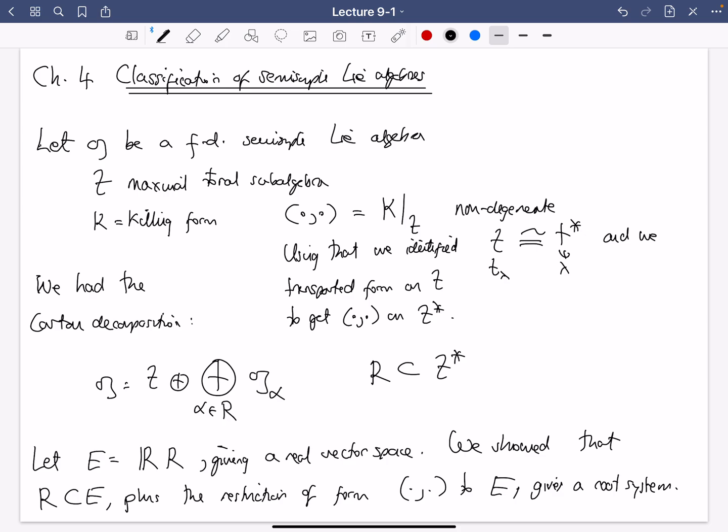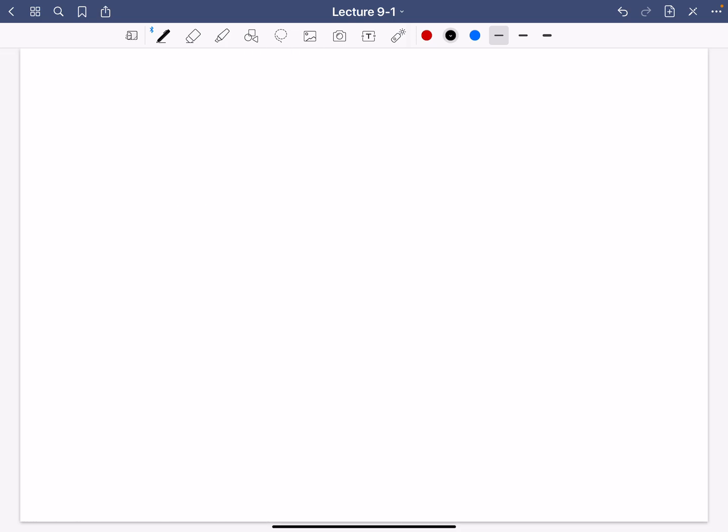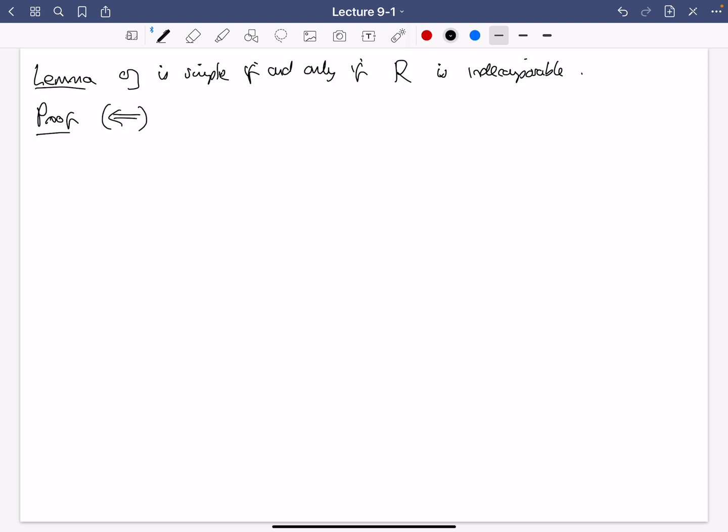So I think what I'd like to do, maybe I should just prove one lemma, which we could have proved earlier. But let me prove that the Lie algebra G is actually simple rather than merely semisimple, if and only if the root system R, constructed out of it in this way, is an indecomposable root system. Well, this is kind of straightforward, but it's kind of useful to know. So in this implication, let's prove the contrapositive. So let's suppose that G is not simple.